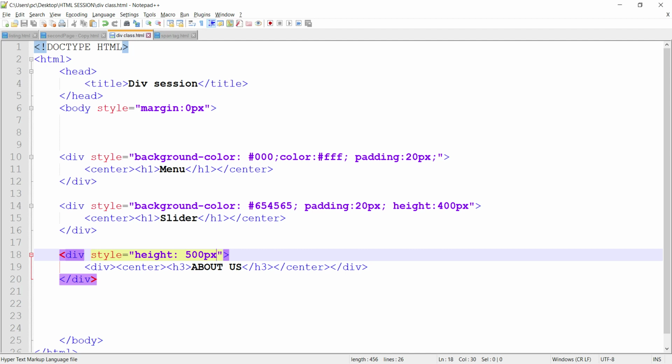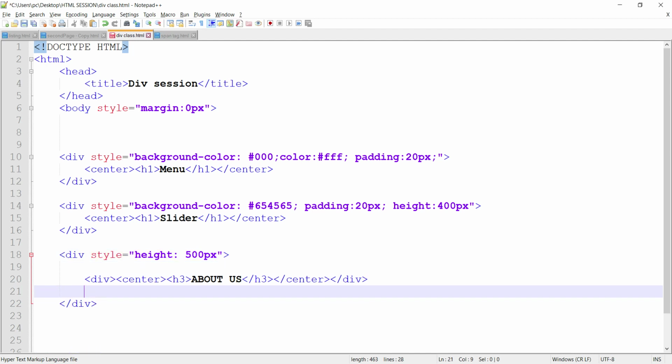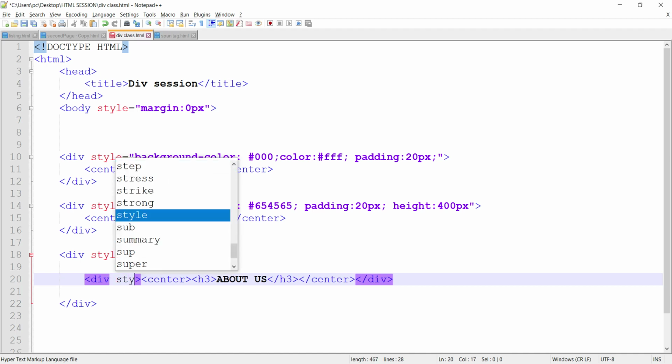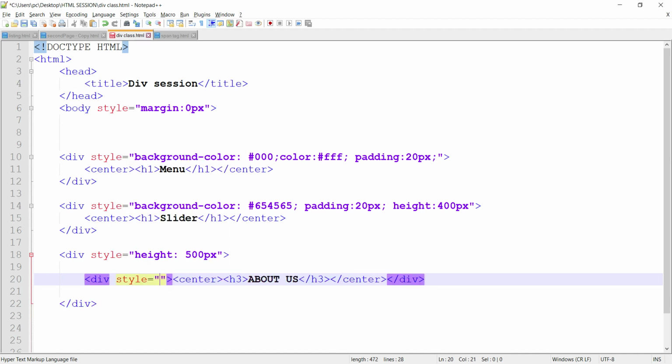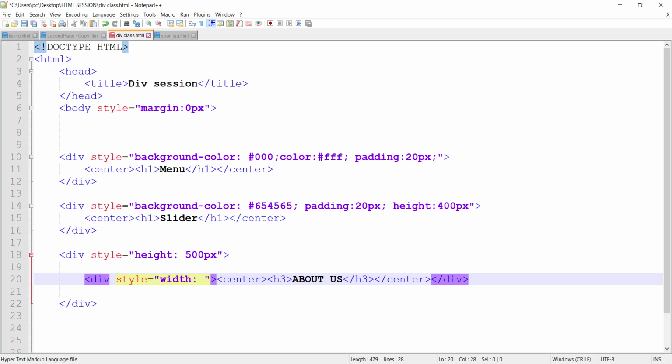Okay guys, now coming to the first child, here let me give the style. Now I am going to set width by using percentage. By default my total screen is 100%, so I am going to create 3 divs.